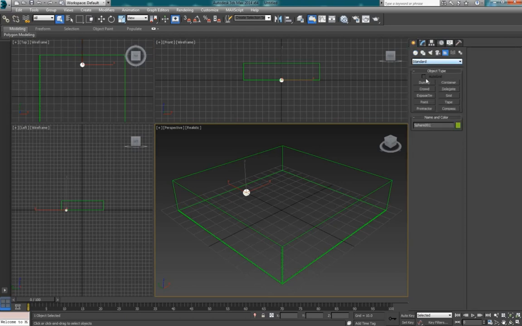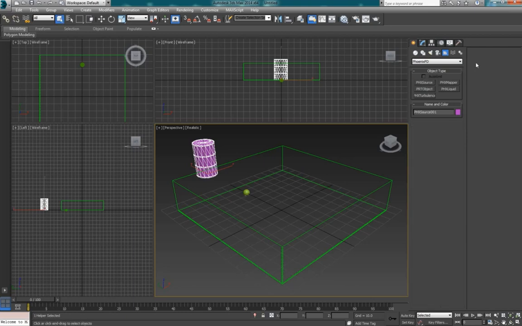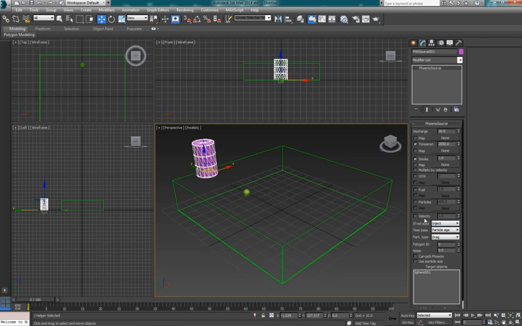So in order to emit with Phoenix FD, I will use the Phoenix source, which will feed this emitter geometry right here. We'll need to add it to the list of target objects. I will use the inject mode in order to get more of a blast effect. I will use the default temperature and the default smoke. This will be enough, and I'm going to animate the discharge of the source